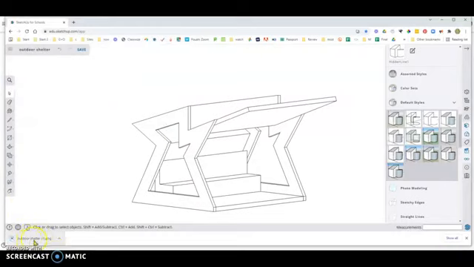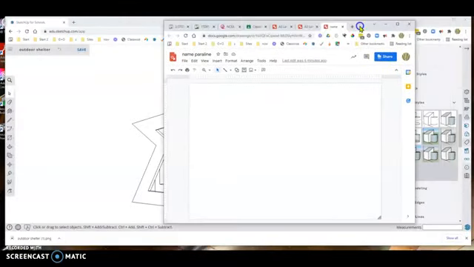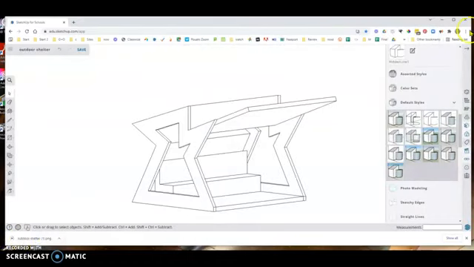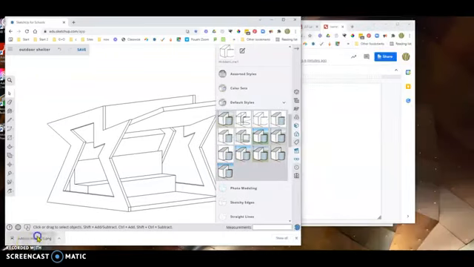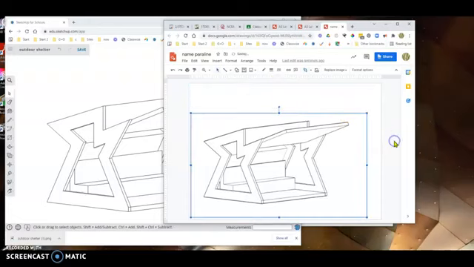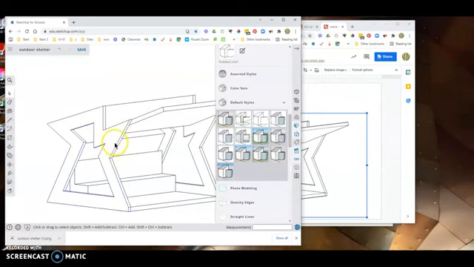So while I've got this drawing here, I'm going to open up my Google drawing, which has now disappeared here, and I'm going to drag that drawing into, just drop it into that file there and crop out that view. Done. So I'm going to go back here again, and I'm going to just rotate that and have a look